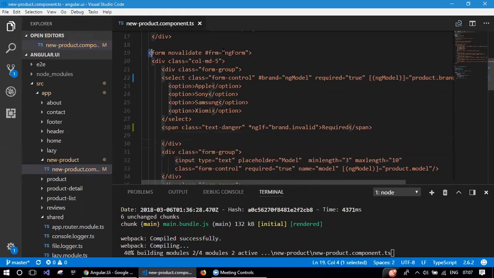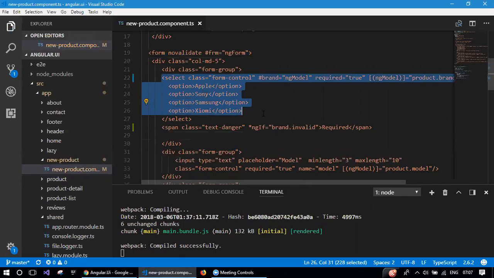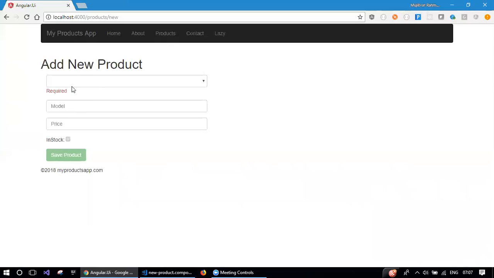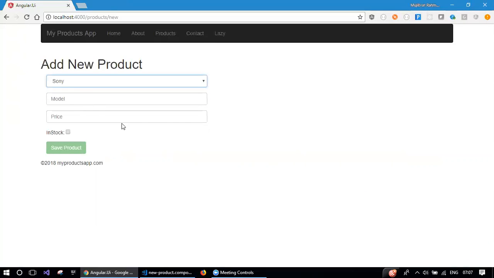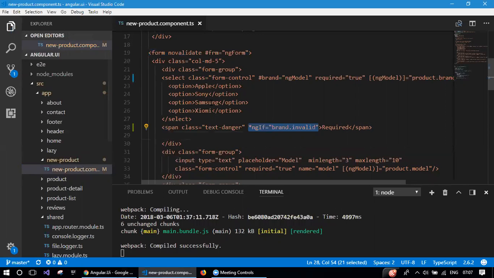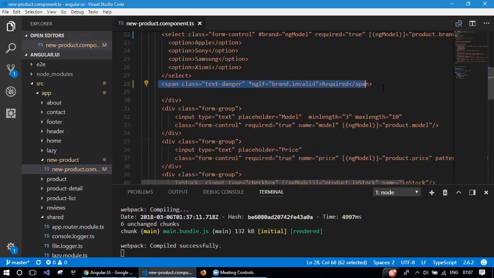Because this form will have valid and invalid properties. Every element inside that form will have these valid and invalid properties. See, now it shows required. When I select something, that message is gone. And that's what I was looking at. The same thing I'm going to do for the rest of the elements. So let's copy this